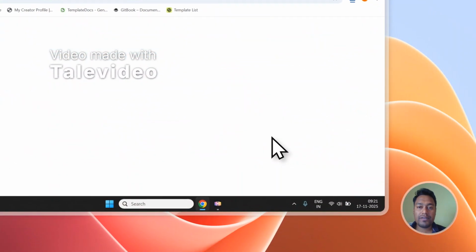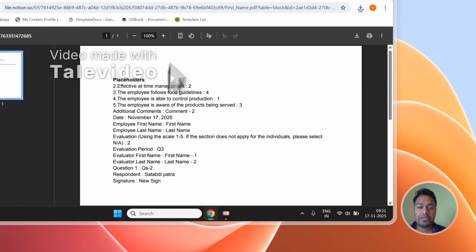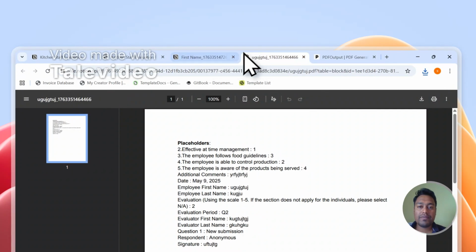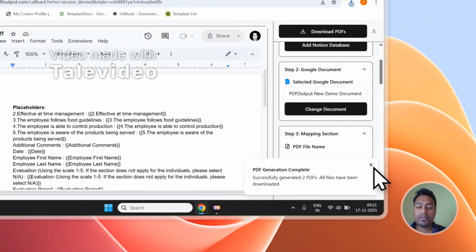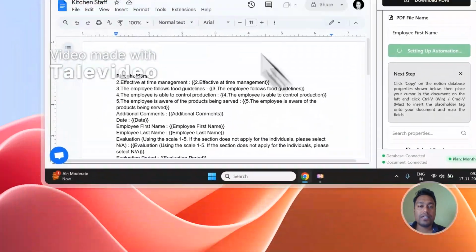Okay, let me see the second one. This also has all the mappings in place. So we just created two documents where we just mapped all the properties directly from the database, and the documents were created. Now, if I click on setup Notion automation, it creates an automation to run forever right inside my